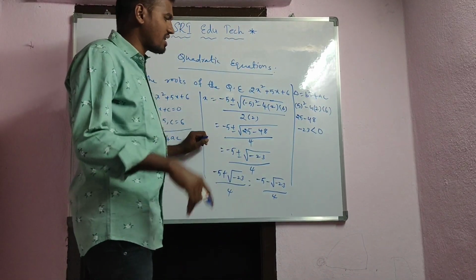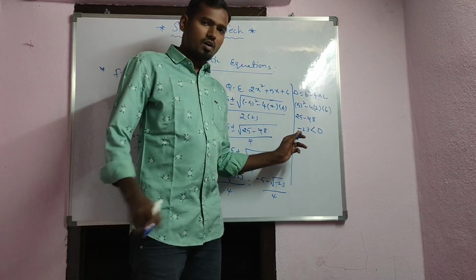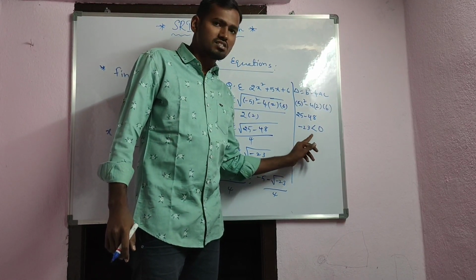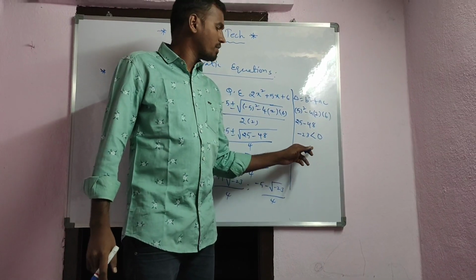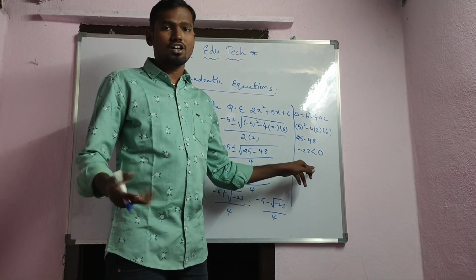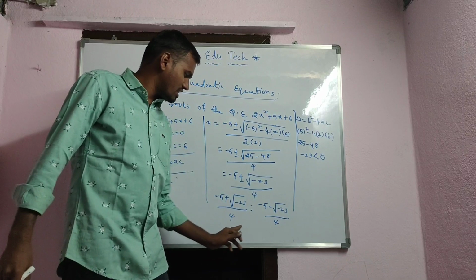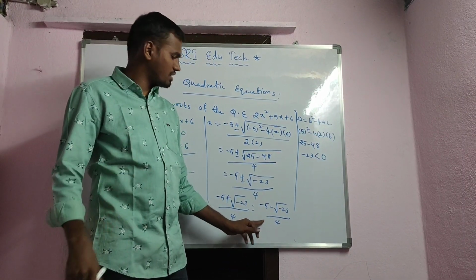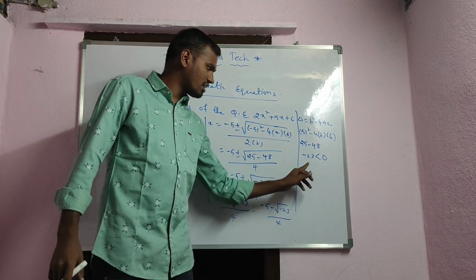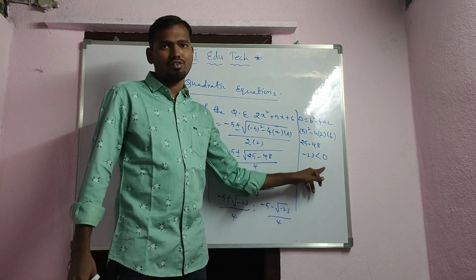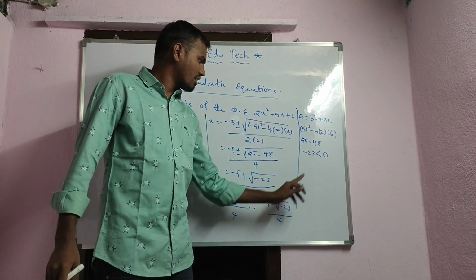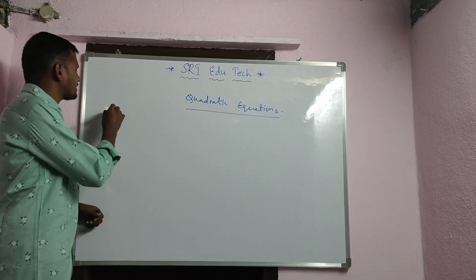You have one condition, I already told in that first topic: if the discriminant is less than 0, then the roots are imaginary. There are no real roots. That's why see here, imaginary roots only came. Got it, all of you? It is important: whenever the discriminant is less than 0, then the roots are imaginary. Right?